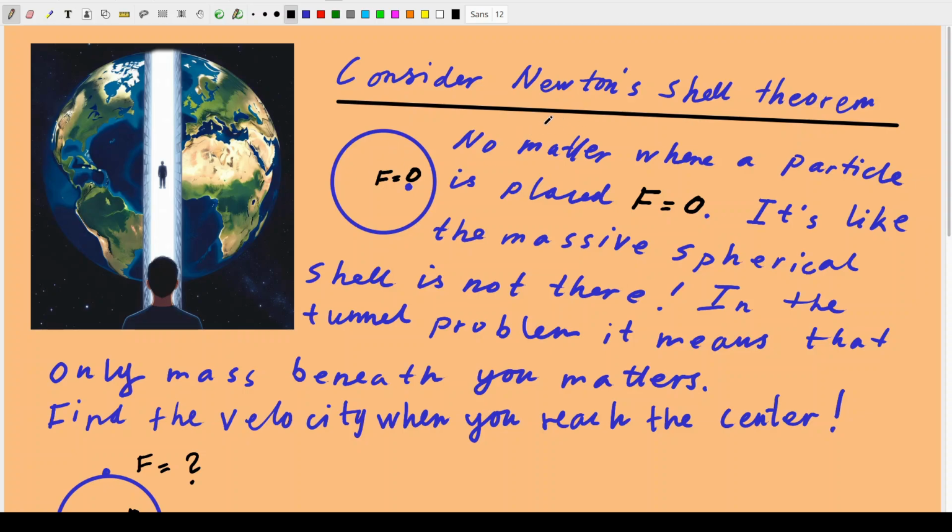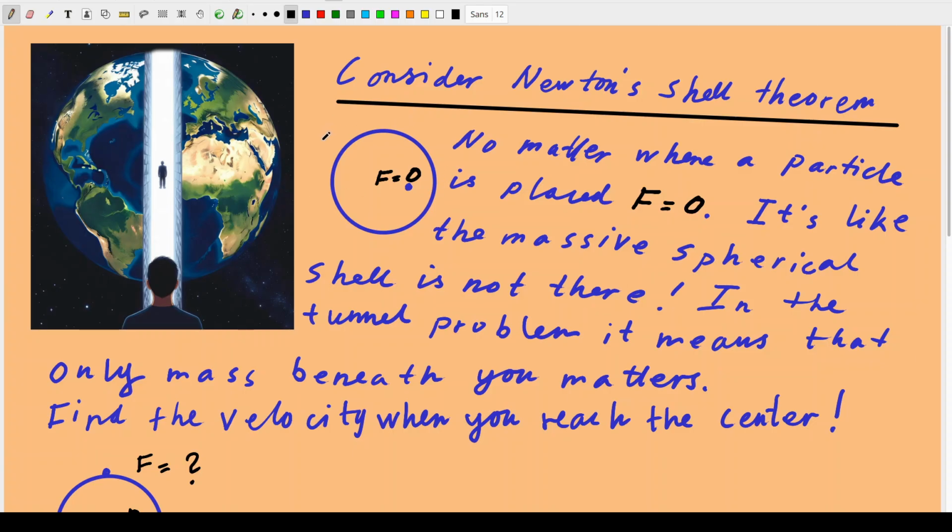All right, let us look at this fascinating problem that is taught in many classes worldwide. A human is standing on the surface of the Earth near a gravitational tunnel and jumps into the tunnel and falls down, also over to the other side. But the question is, at the fall, which velocity will this guy have? And in order to solve this problem,